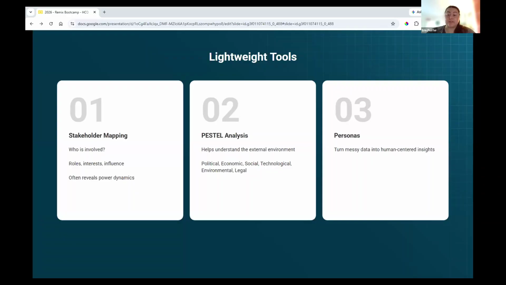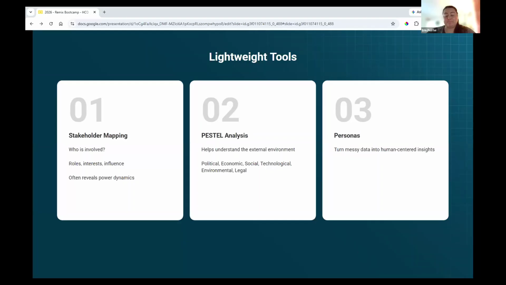And lastly, personas can help you take all the information that you learned about your end users, like typical demographics and behaviors, and create fictional profiles that can help with further building empathy and understanding for target users. So instead of asking, would users like this, you can ask, would Claire or whoever your persona is find this useful in her daily life? So these tools can help turn observations into insights and can help in revealing some assumptions that you might be making without even realizing it.